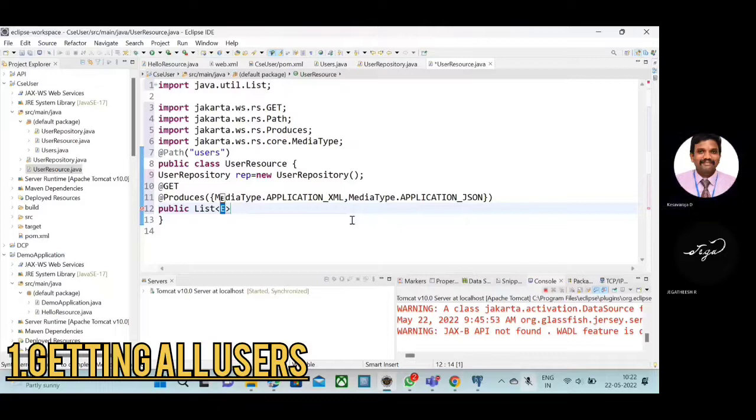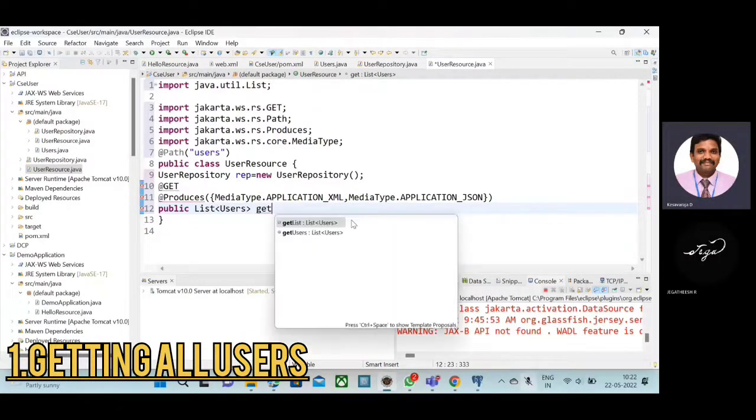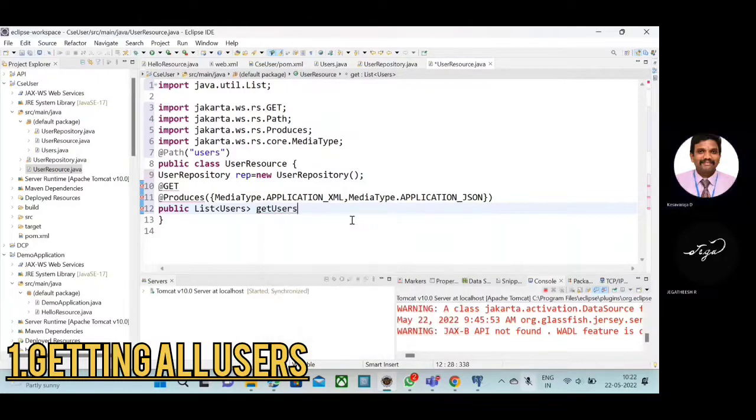Then Users, then get space, getUsers. Open parenthesis, close parenthesis, open curly brace, close curly brace. This will return